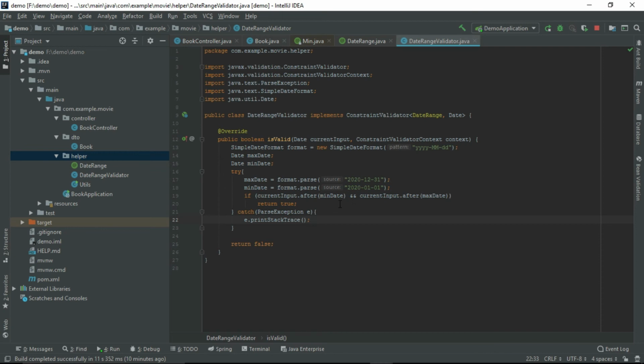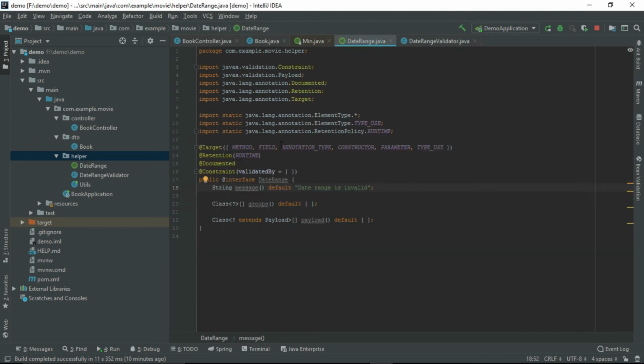I've just created a minimum date and a maximum date. If the current input is after the minimum date and before the max date, then it is a valid entry, otherwise it is invalid. Here I have given false. So once we have created this implementation class, just give that in the constraint's validatedBy.